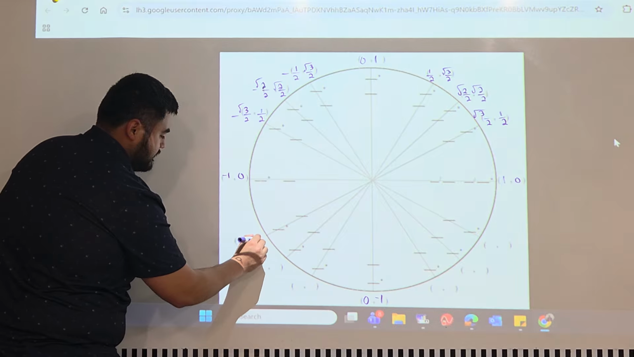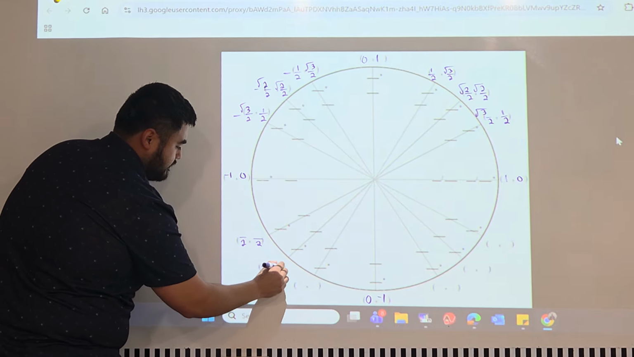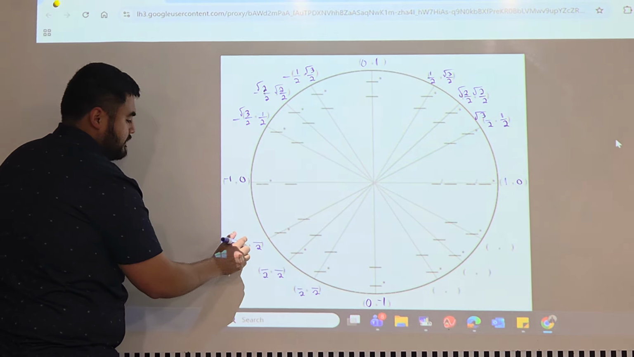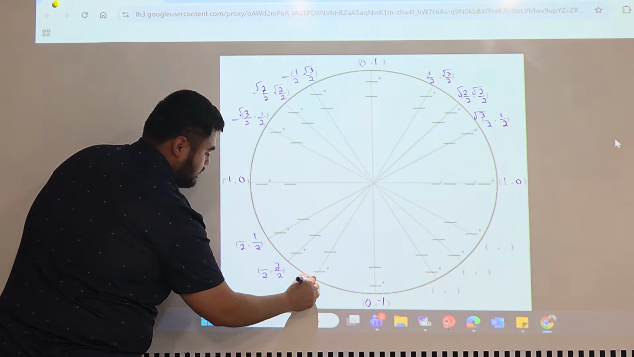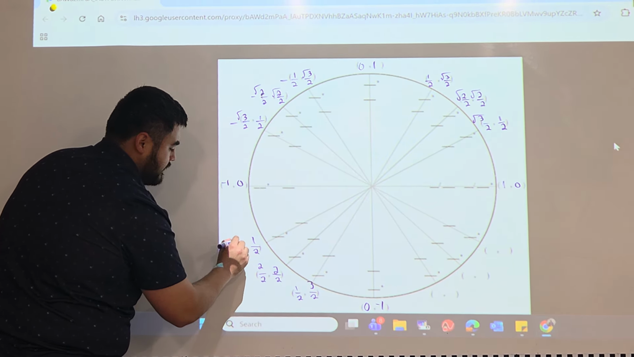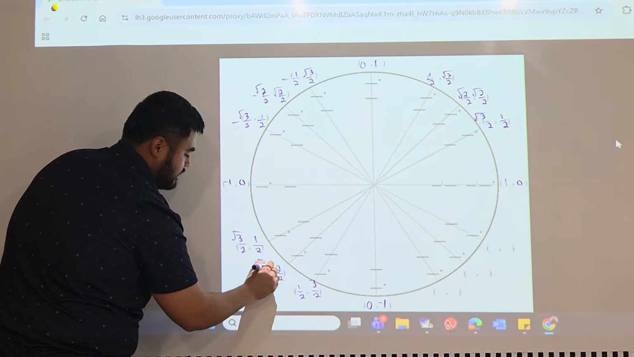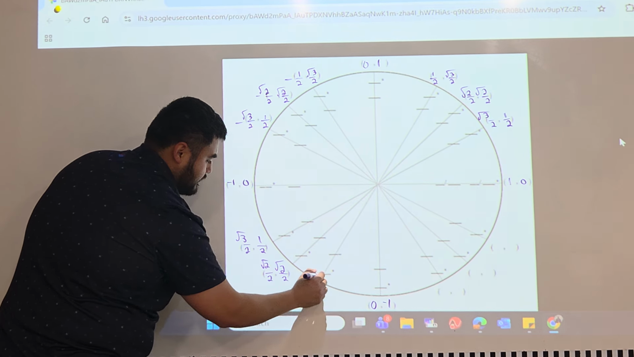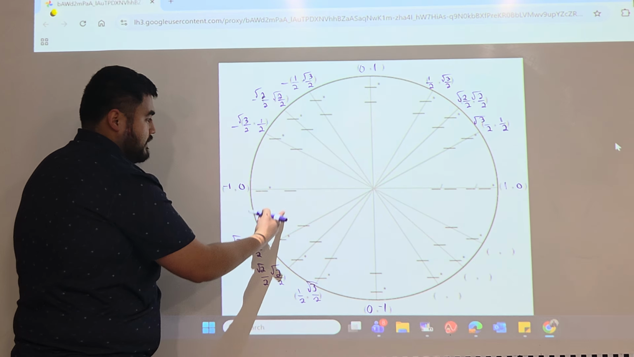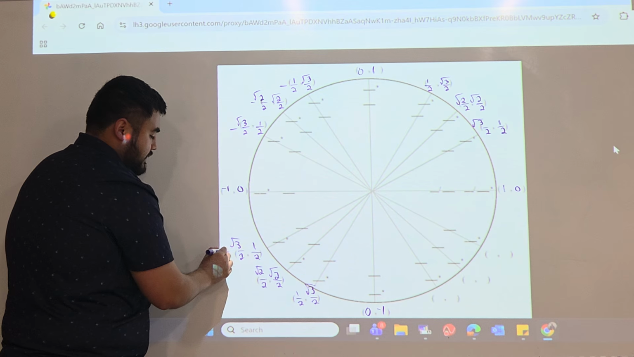Now, downward, right? So divide by 2, divide by 2, divide by 2. And then again, start at 0, 1, 2, 3. Start at 0 for the x, 1, 2, 3. Square root of 3, square root of 2, square root of 2, and square root of 3. Only on the numerator, right? Now here, x is negative, y is negative, so negative for both,